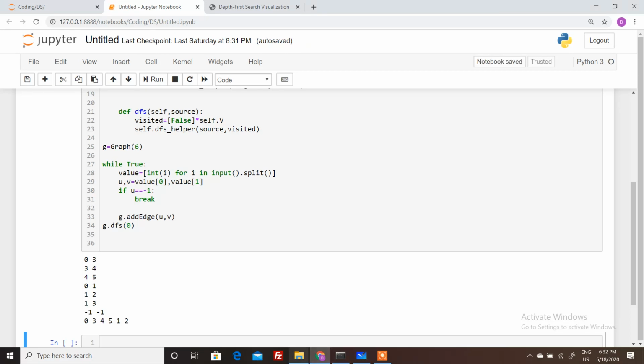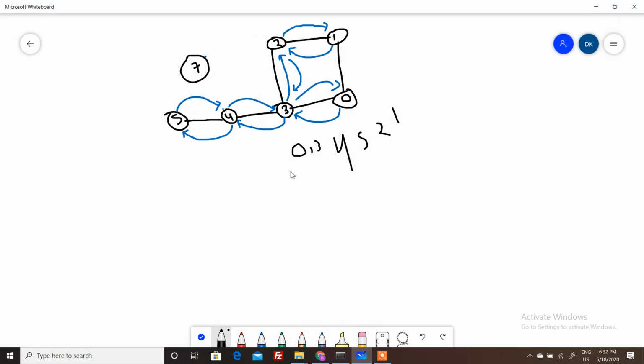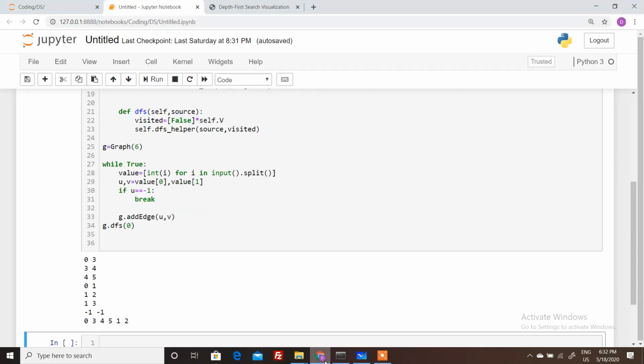We can see that the output is 0, 3, 4, 5, 1, 2. But the output we expected is 0, 3, 4, 5, 2, 1. So why is the output coming as 0, 3, 5, 1, 2? Because the adjacency list we have defined is different.